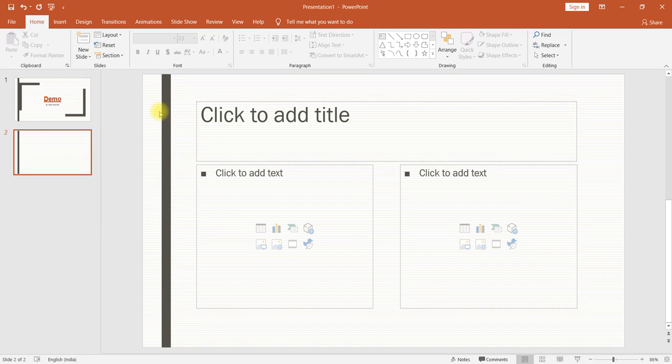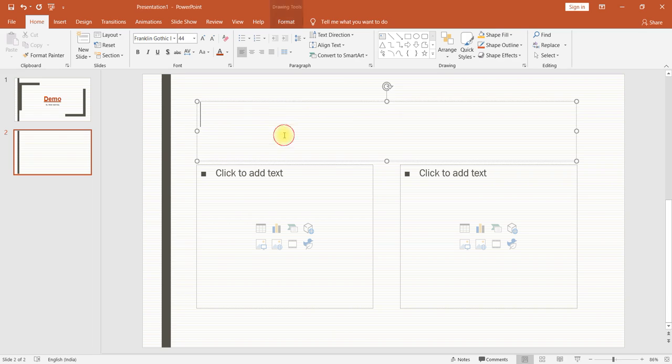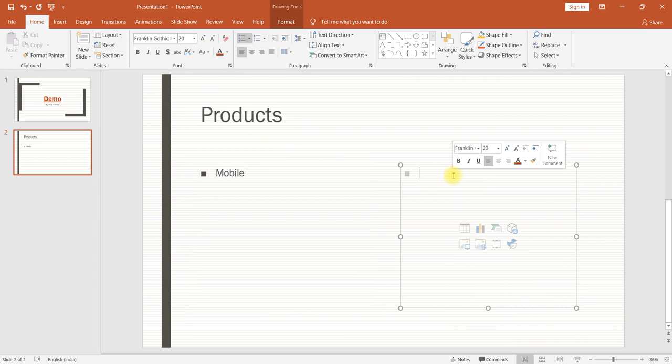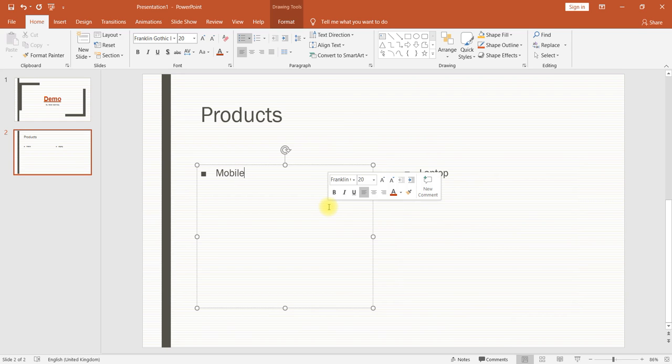We can change the layout anytime. So that we can say products here, and here mobile, laptop. Like this we can enter the details.